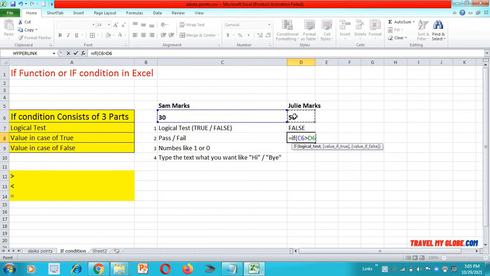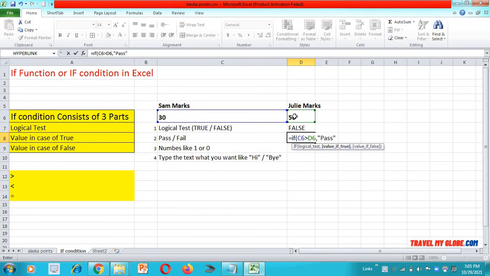Then it asks for the value, but to type the value you need to give a comma first. Now after the logical test, put a comma. Now give the value you want to type. If it is a text value, then please put it in double quotes. I repeat, if you want to type a text value, keep this string in double quotes. If Sam's marks are greater than Julie's marks, then I want to type pass.